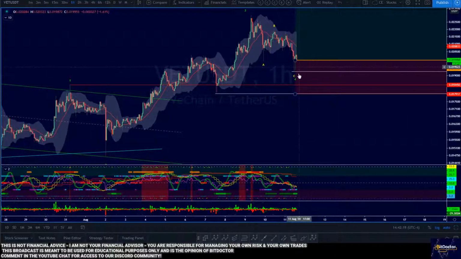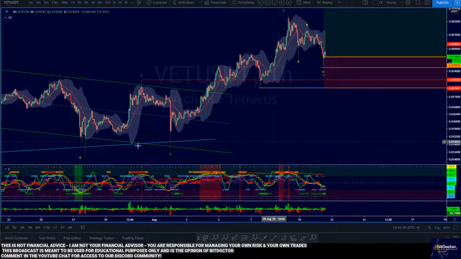I would say that accumulating in this zone here is probably good. The stop loss down here is probably fine, but on a violation of 18,450, that probably is an indication that things are going to continue moving down instead of continuing moving up. And at that point, we'll just have to reevaluate things. Probably you're going to have a little bit of time to buy in this zone. Probably there will still be a few hours of time to buy down here. So that's kind of what I think on VeChain.